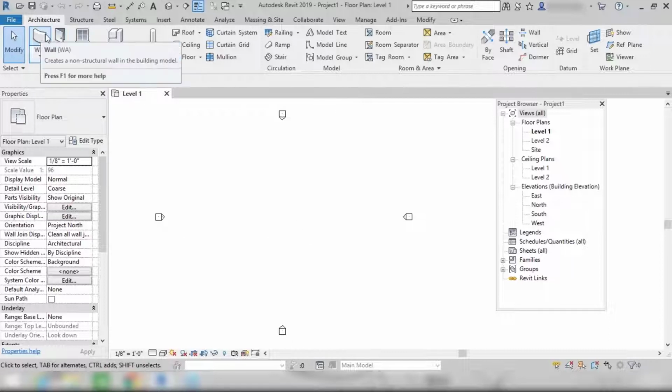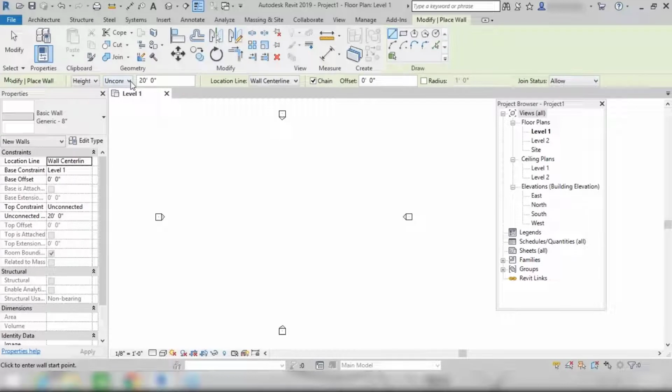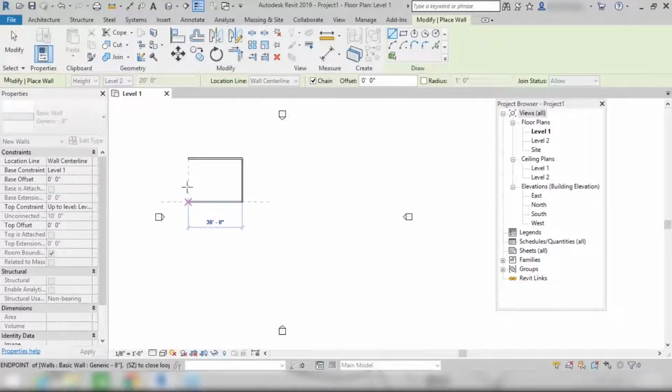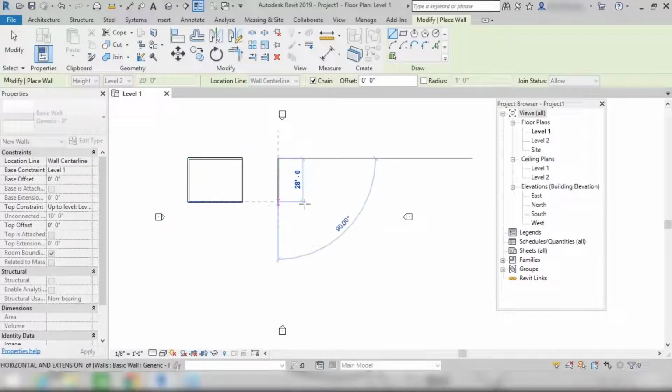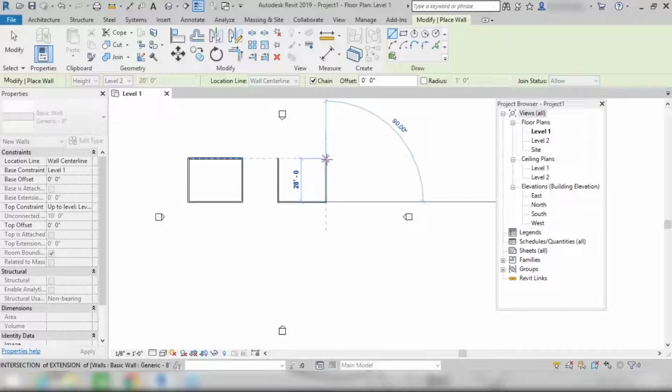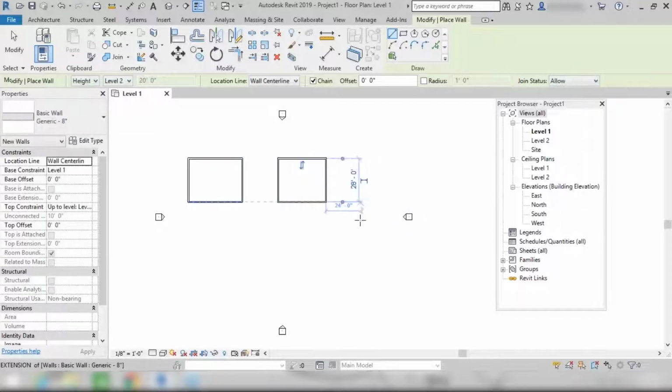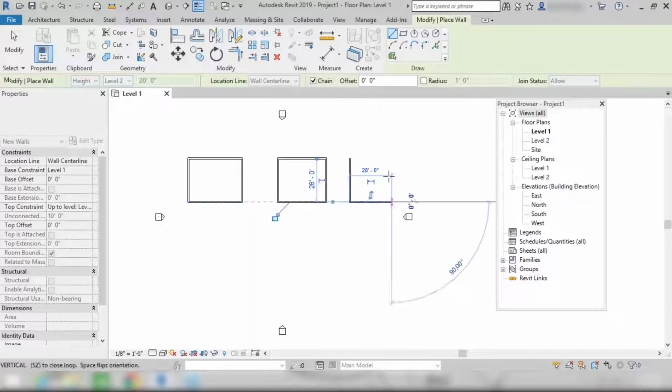For creating a roof, you need to create walls first. So here, click on this wall option and make it connected to level 2. You can keep the rest of the things the same. So here you can create a boundary or a room using walls like this. We have this as the second one, and I'm creating one more room here.